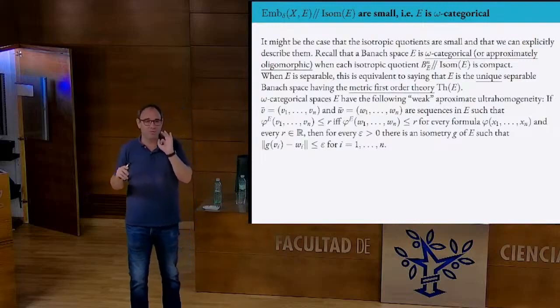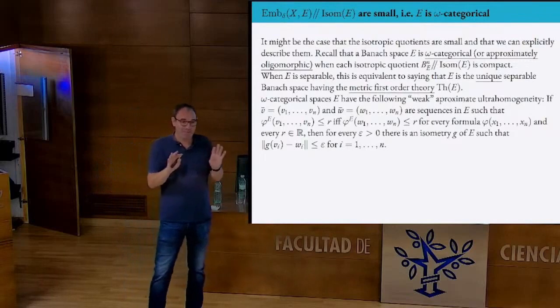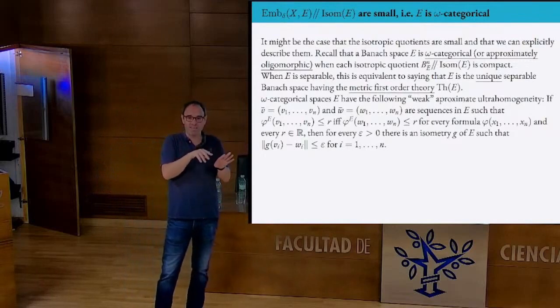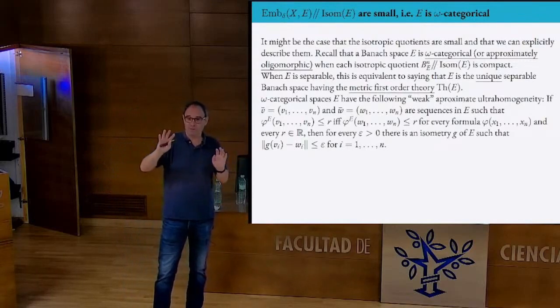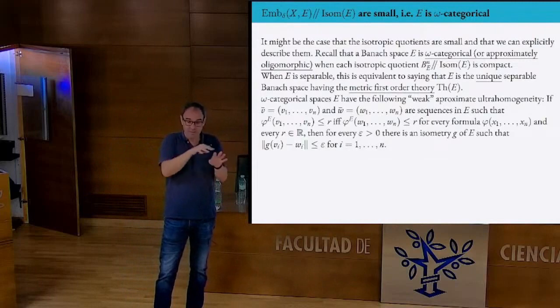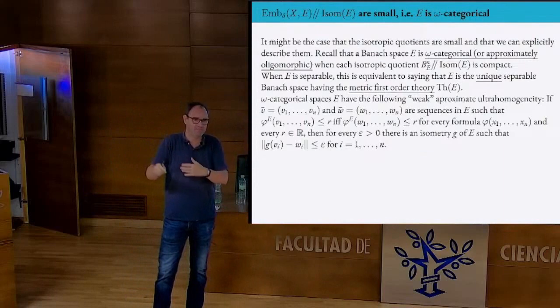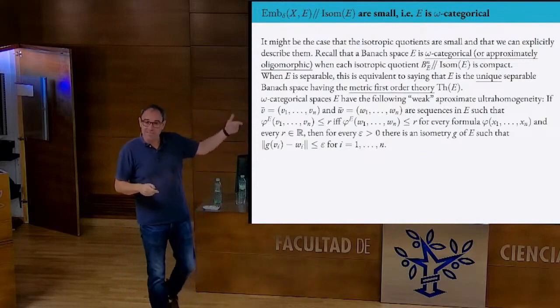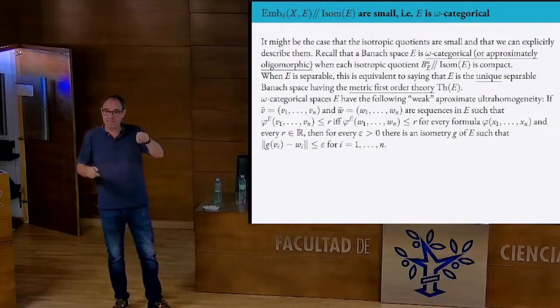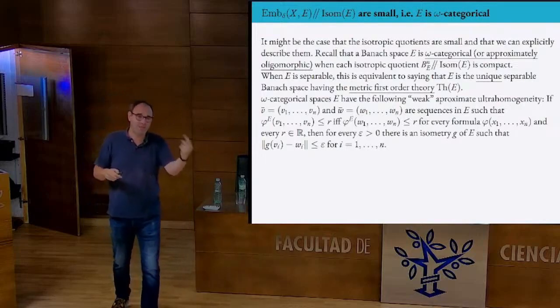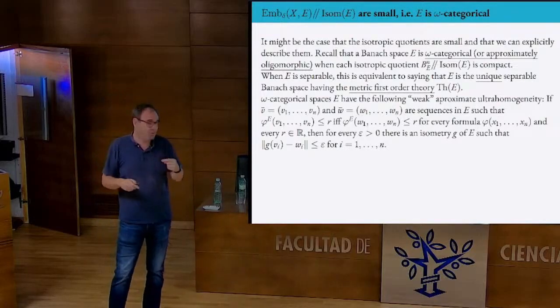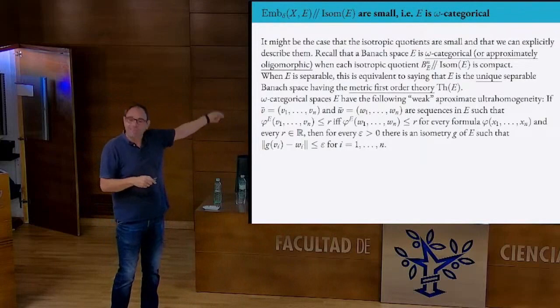Another question is to understand geometrically what it means that the formulas in X and the formulas in Y, which are true in them, are the same. That's another story. This is where the story is. For example, it is interesting to know what's happening in L4, L6 and L8. We know why it's not approximate ultra-homogeneous, but we want to understand also in this way.